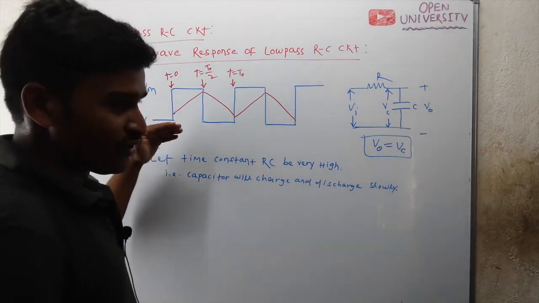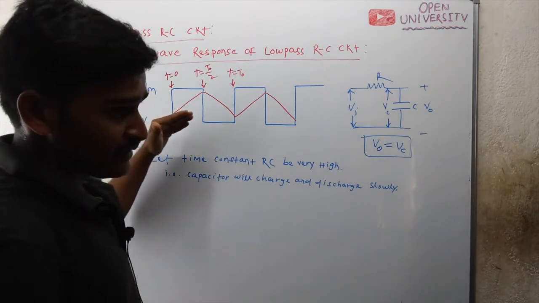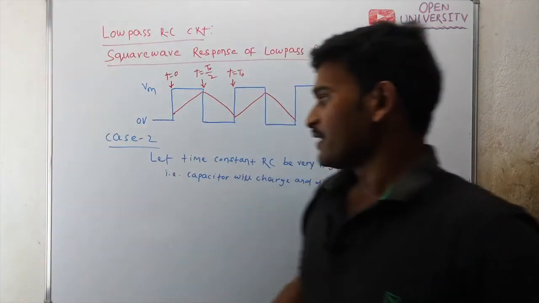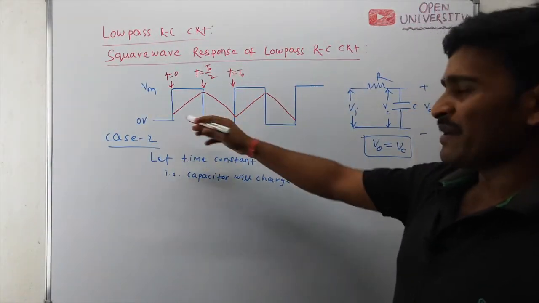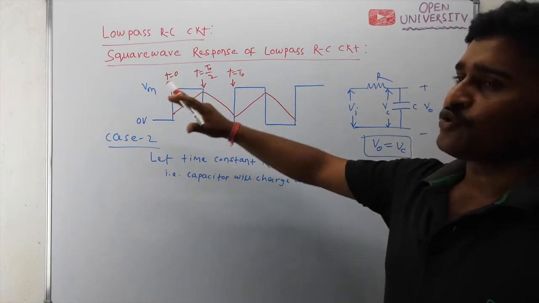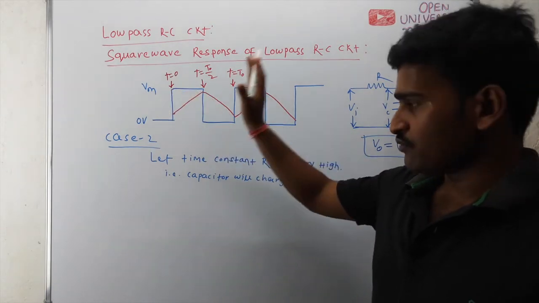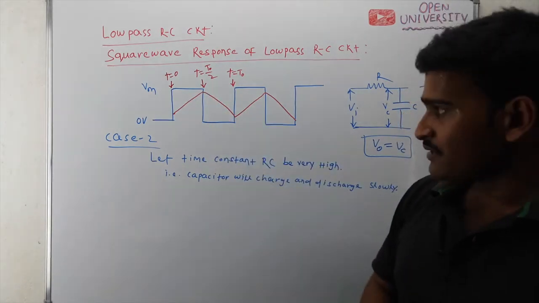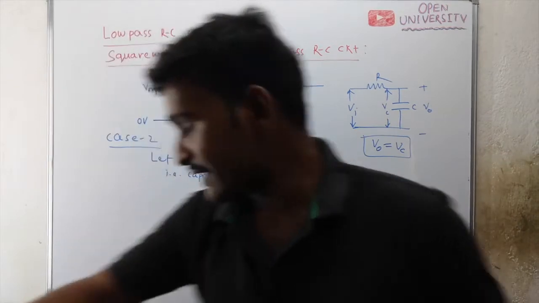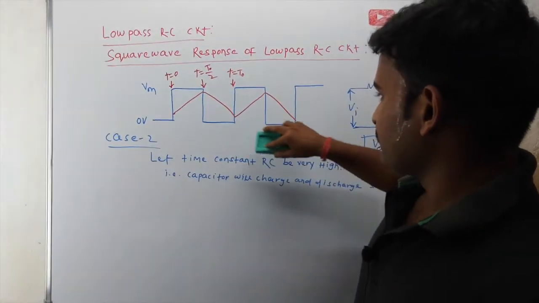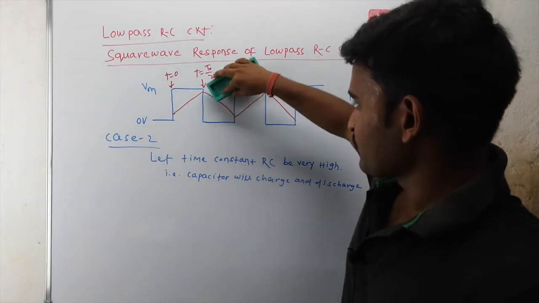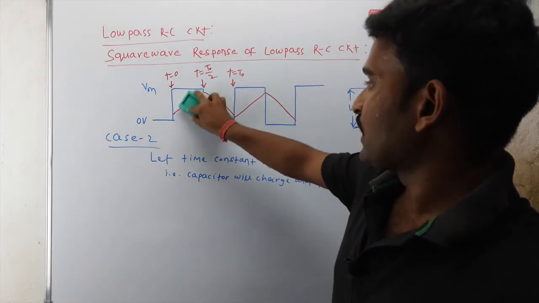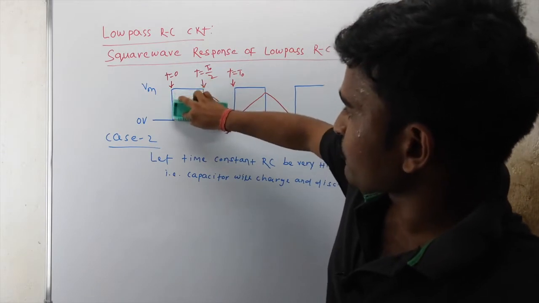The voltage across capacitor will increase exponentially and also decrease exponentially. But I am showing you the capacitor voltage increasing linearly. I can approximate to linear because time constant is very high. So when time constant is very high, capacitor voltage will increase very slowly, and also decrease very slowly. That slow increase and slow decrease I am showing as linear increase. I can show it this way also. Capacitor voltage will increase very slowly and also decrease very slowly. I can show you something like this.